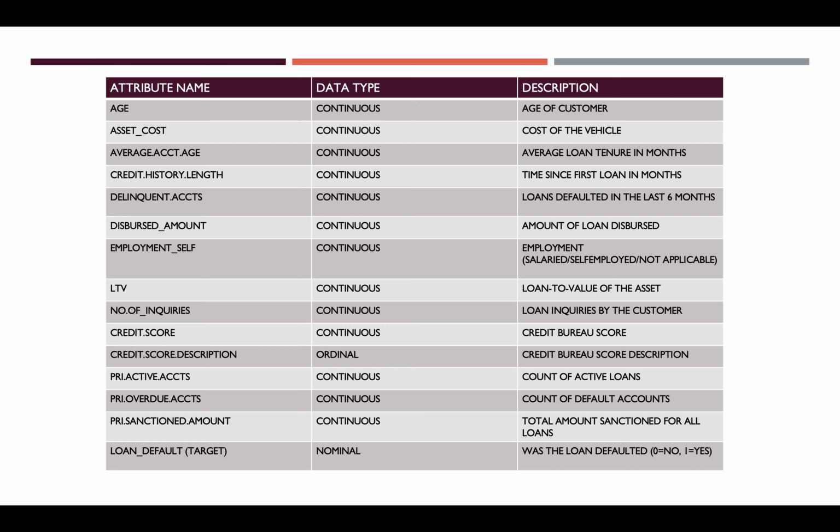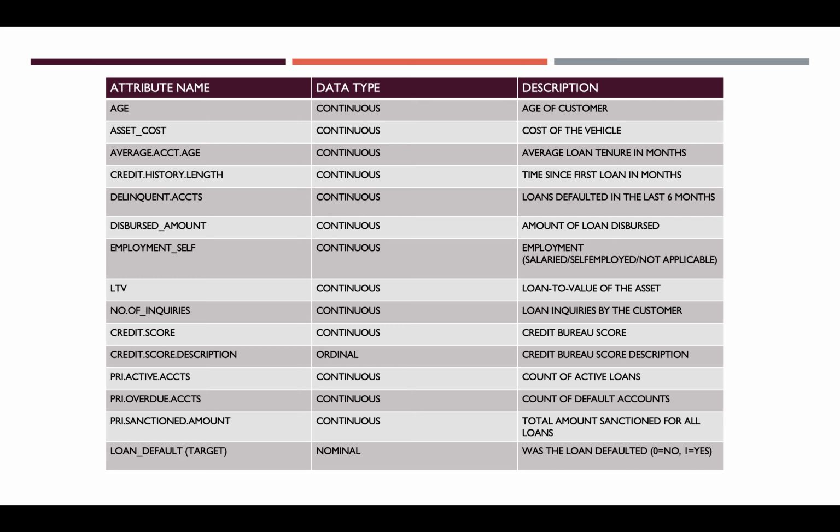As promised, this data dictionary defines the 14 variables produced by stepwise regression, which became inputs in all future rounds of modeling, plus the target loan default. The input variables are the age of the customer, the cost of the vehicle or asset, the average loan tenure in months of the borrower's credit profile, the amount of time also in months since their first loan,